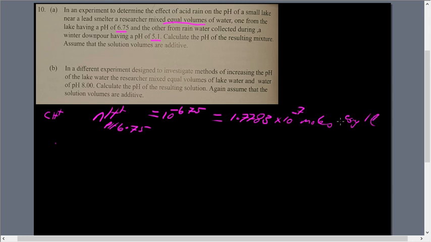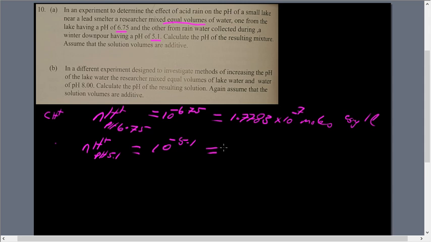Now notice this guy talked about using equal volumes there, so he didn't specify the amount of volumes. You just have to pick one arbitrarily to do. So let's use, seeing we're adding a litre of each, let's have a look at the amount of hydrogens of pH 5.1, and this is actually equal to 10 raised to the negative 5.1 moles per litre, which if you put through your calculator should give you